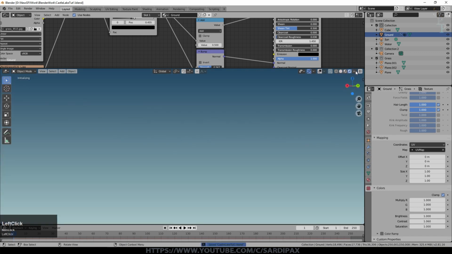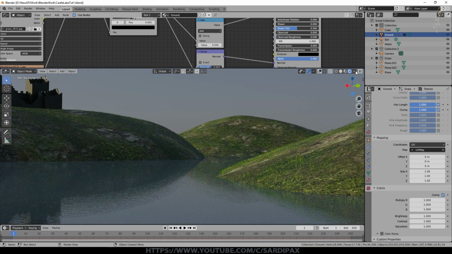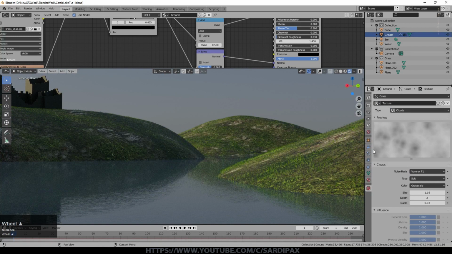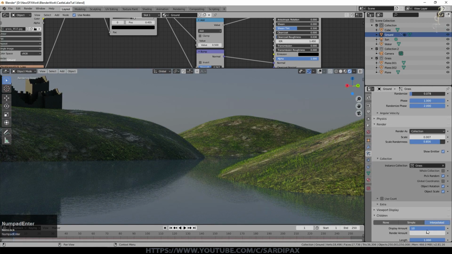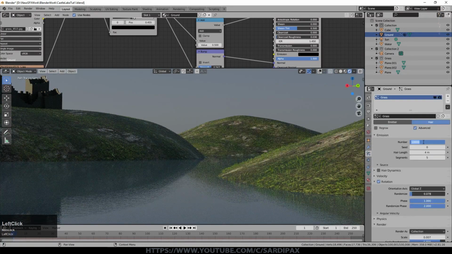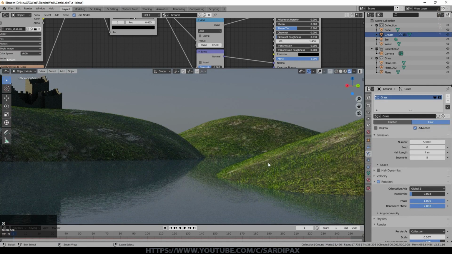And if we go back to rendered view at this point, you can see how that's starting to affect it. And clearly we need a lot more grass than that. I'll drop this to 10 and I'll put this up to 25,000. In fact, we'll go to 50 now. So if you think about it, that's now rendering 500,000 blades of grass. I actually rendered more than that. I probably rendered about 1.5 million blades of grass.